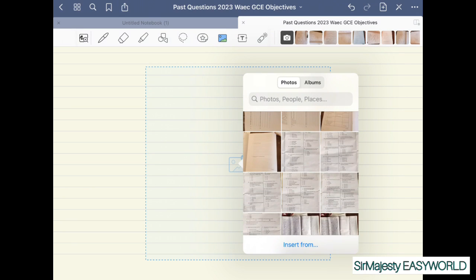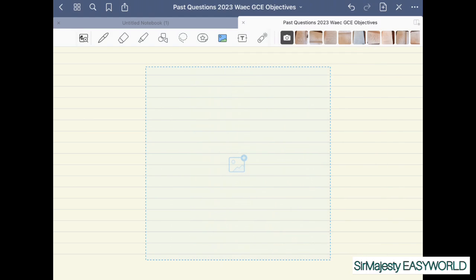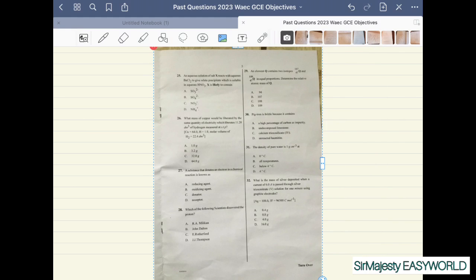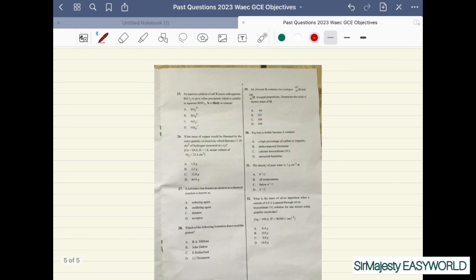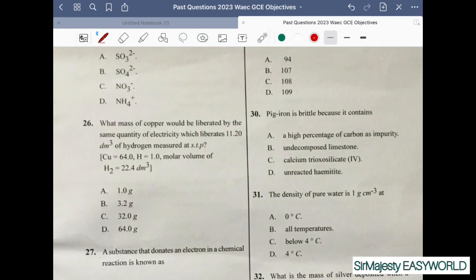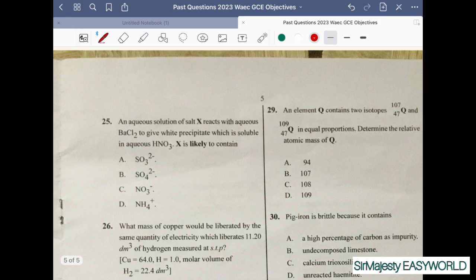Let me believe this is what we want now. 25 is very correct. That's where we stopped. Okay, question 25 says: